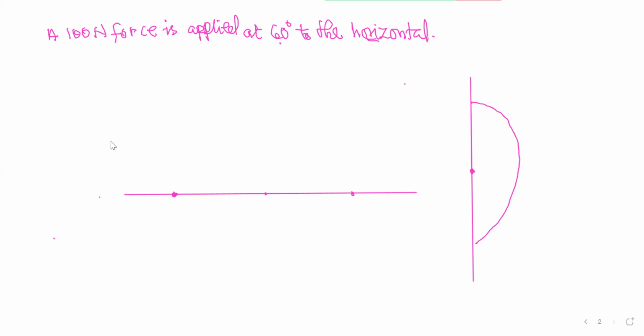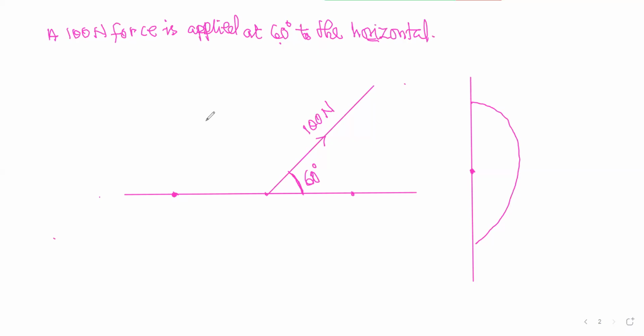So to draw the point of exertion of the force, my angle 60 must be taken from the horizontal. So 60 degrees, I'm just assuming that this is 60. So that is where the force would act. The force will be here. The magnitude of the force, we are told, is 100 Newton. So 100 Newton, acting at an angle of 60 degrees.